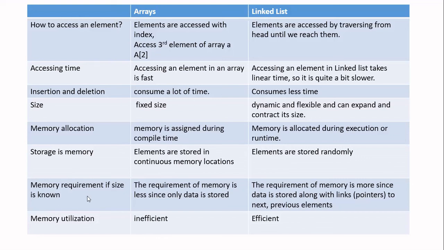And then the memory requirement. Assume that the size is known. How much memory are you going to allocate? If I tell you that my stack will contain only 5 elements, I'm sure maximum 5 elements only. If you go for array implementation, you will allocate less memory because you are not allocating any extra memory for pointers as in case of linked list. Whereas in case of linked list, memory requirement is more because for every node, we are storing the pointer of the next node also. So that is going to occupy more memory space. If you want to save memory, if you are not worrying about the performance, you go for array implementation.